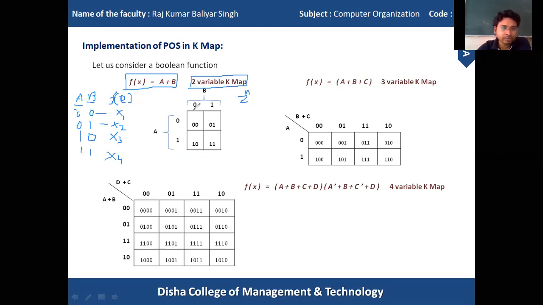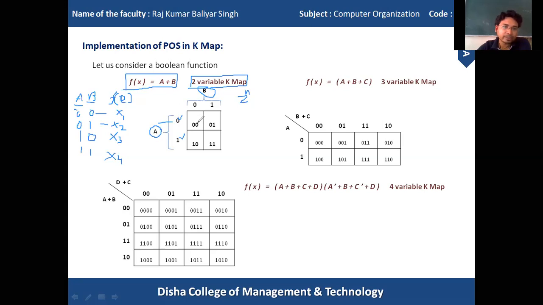The first column represents 0, the second column represents 1, and the column side is represented with variable B. Similarly, the first row represents 0 and the second row represents 1, and the row side is represented with A. Again, we get 0 0, 0 1, 1 0 and 1 1 as the cell numbers.